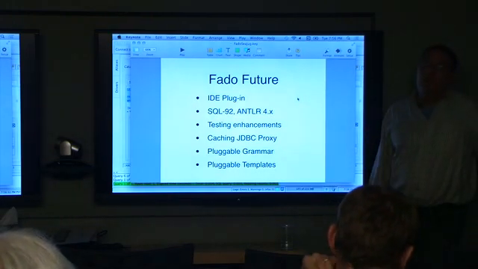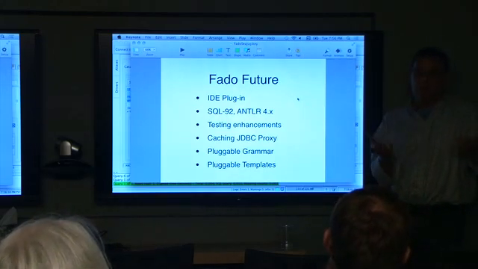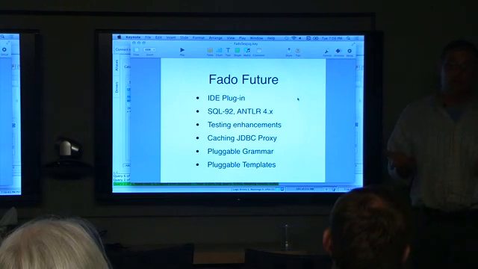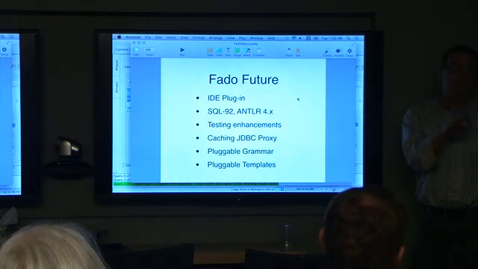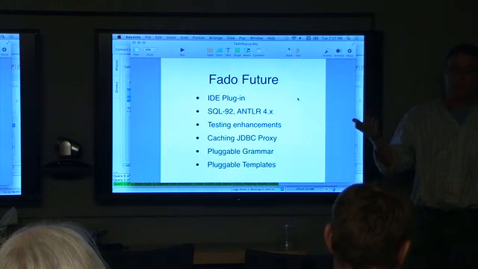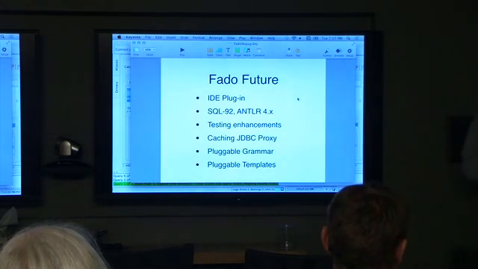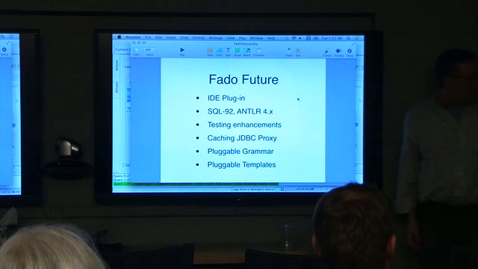One thing that we all use when we're doing ORMs is some kind of cache. And when you now have a wrapper for JDBC, where's the cache go? And so it occurs to me that we will need to have a caching JDBC driver, so that not just the connection and result prepared statement caching, but also the results caching and invalidation. So moving it back to where it should be, in my opinion. And I already mentioned the pluggable grammar and the pluggable templates. So I believe that's my